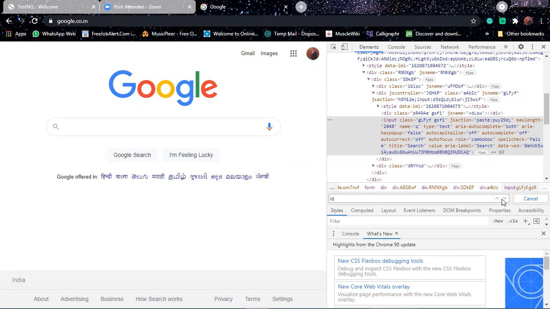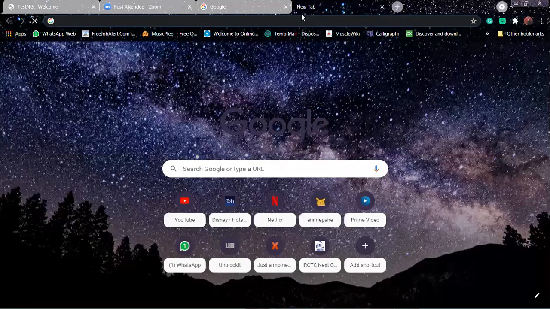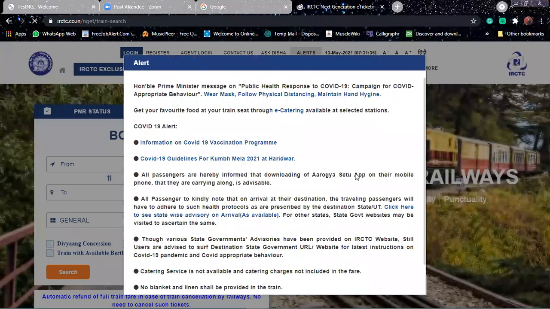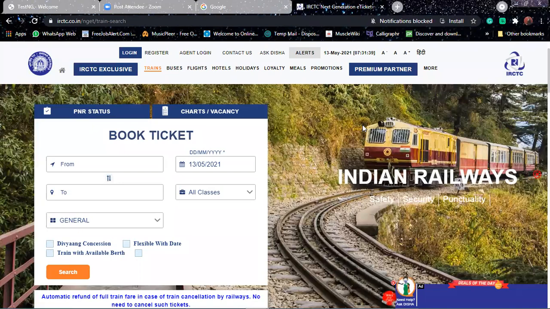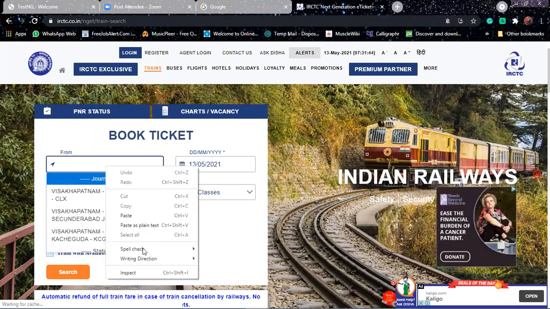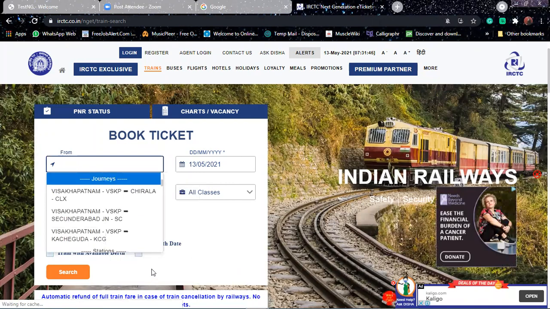Nowhere, sir. Open the other application, IRCTC. irctc.co.in. Now right click on from, inspect.